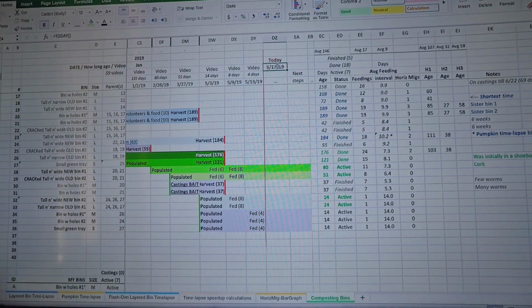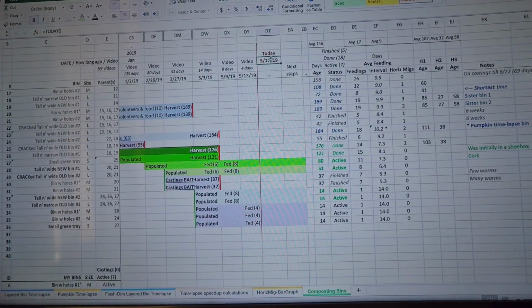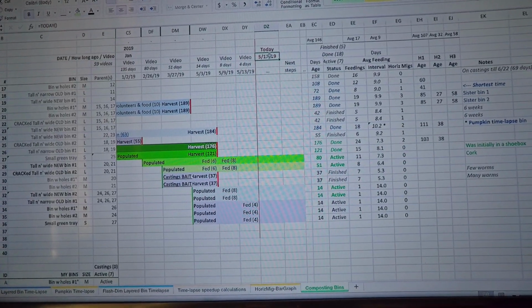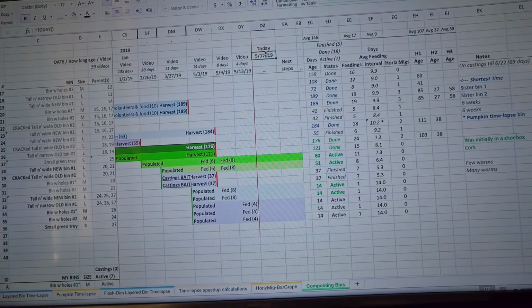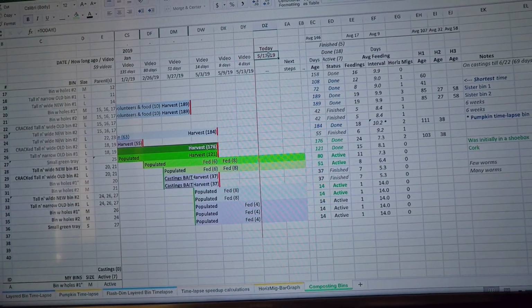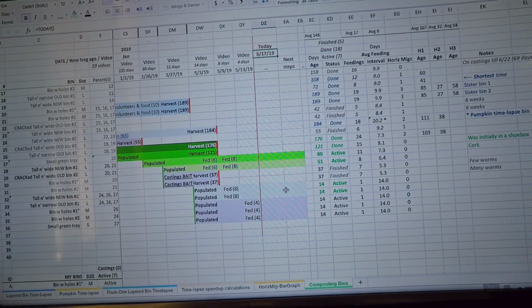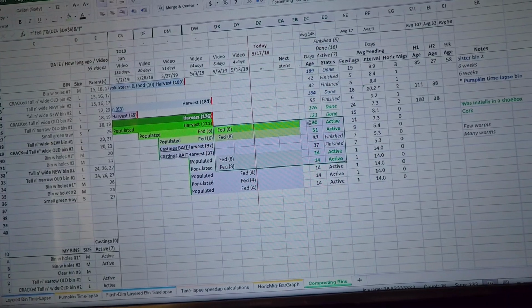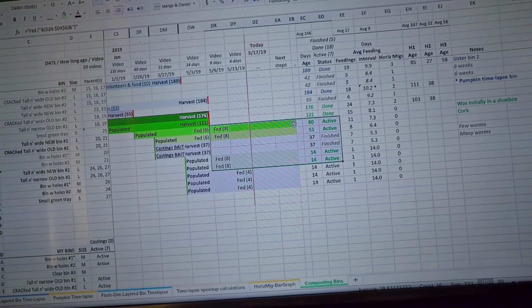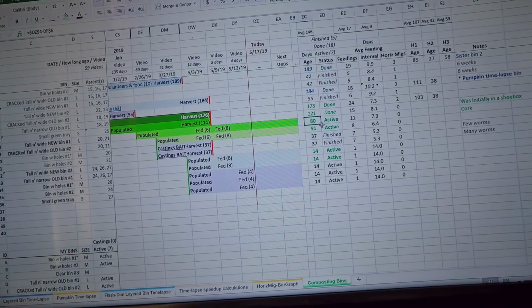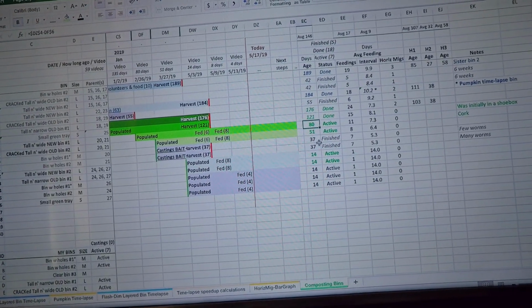Hello and welcome. As we've done in the past, we're looking at my tracking spreadsheet for my worm bins, and I was just preparing to go downstairs to tend to a couple of my bins. In a couple of the cases, I was starting to wonder if it might be time to start switching over to a horizontal migration pattern, because I noticed that one of my bins was now at the day 80 age,